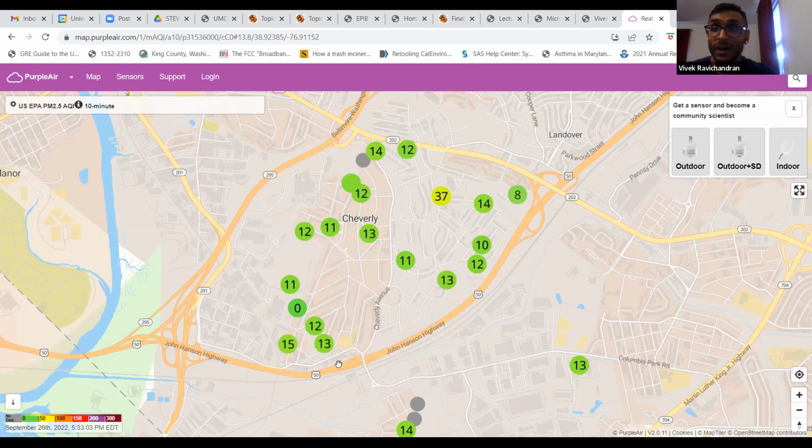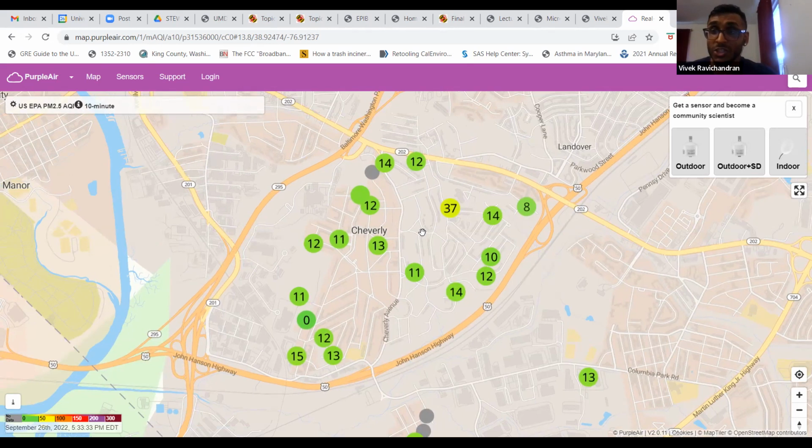If you were to zoom out of this and go across to California, to where the wildfires were over the summer, you would definitely see some of this purple to maroon. And then Marvin, you mentioned